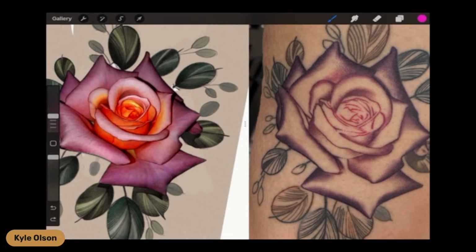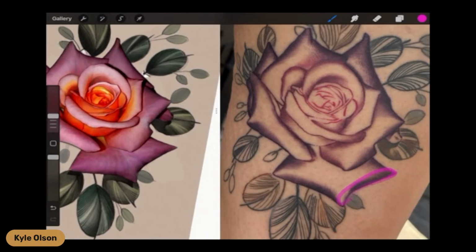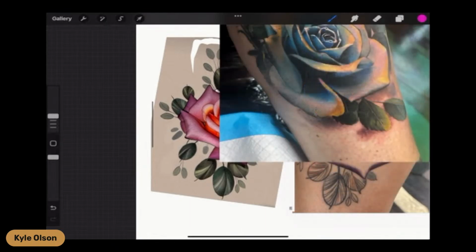With what I've experienced so far with the roses and everything like that, it's just focusing on the underpainting, the darks, and making sure that you're giving it form really before you start getting into all the other colors and stuff like that. In my opinion, I feel like that's what's really going to help sell it as a rose. Because in the other one, if we compare the two roses,